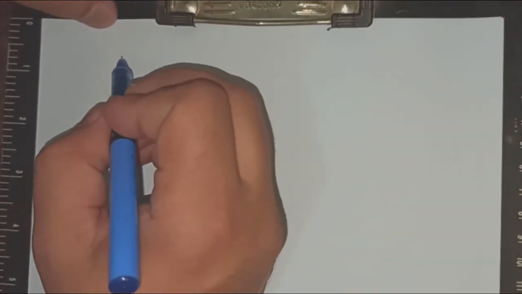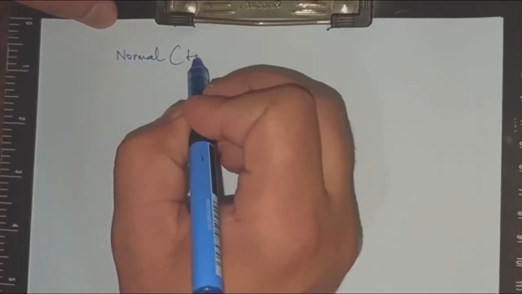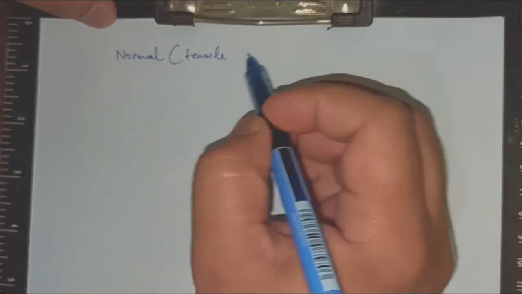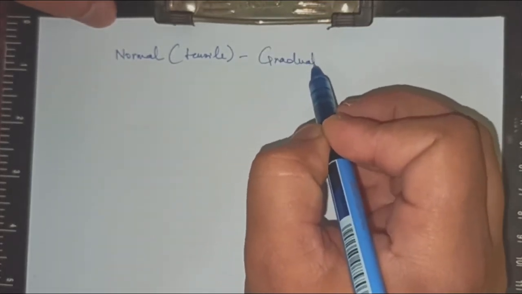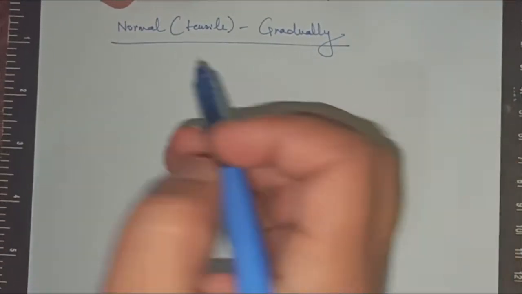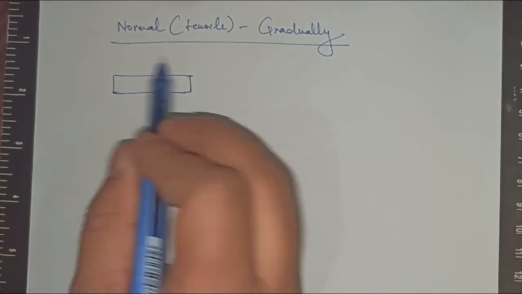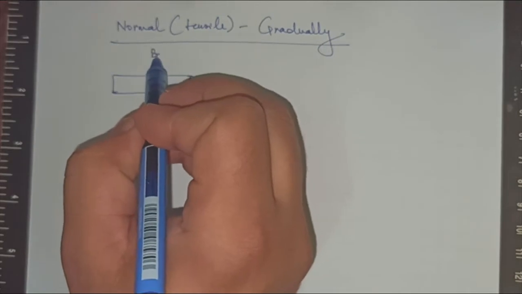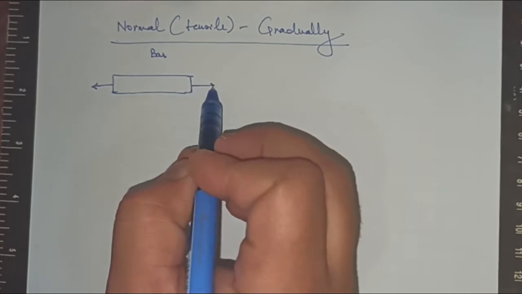So let's take a case of normal loading, and let's say it's tensile and applied gradually, in the sense that it is applied slowly, and you are increasing the load. So you have this. What is this? This is a bar. Now you know the difference between bar, beam and column. And this is P,